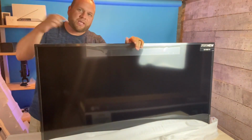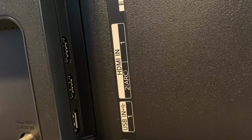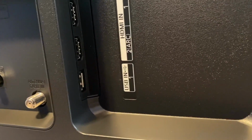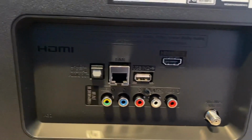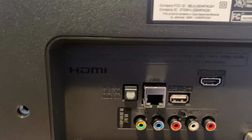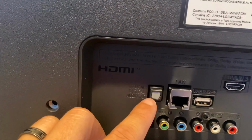Let's see what kind of inputs they have on the back. HDMI 1 and number 2, and the second HDMI is that ARC HDMI. In case you want to hook up any kind of game systems or anything, that's the one that you want to use. It's got a USB hookup there in case you want to hook up any type of media. It does have an antenna hookup right here in case you want to hook up any type of cable. It does have another HDMI here, an HDMI 3, a USB number 2 here, an optical cable hookup here,